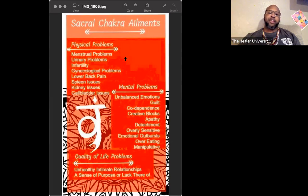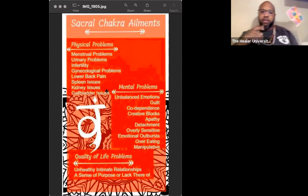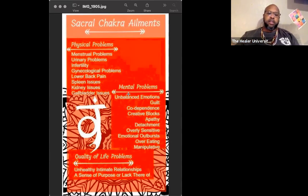They're good to go. Okay, we got urinary problems, infertility. We also have lower back pain, spleen, kidney, gallbladder issues. Anytime we're doing healing on the sacral, though these particular physical parts of the body are not located in that area, it feeds up to those particular organs, okay? The mental problems associated with it could be unbalanced emotions, guilt, codependency, just like in the root chakra,